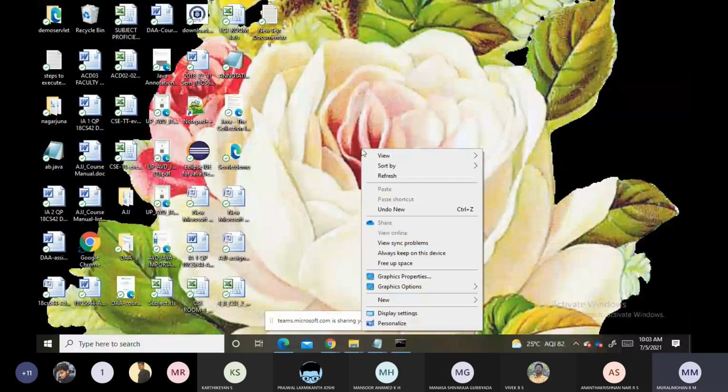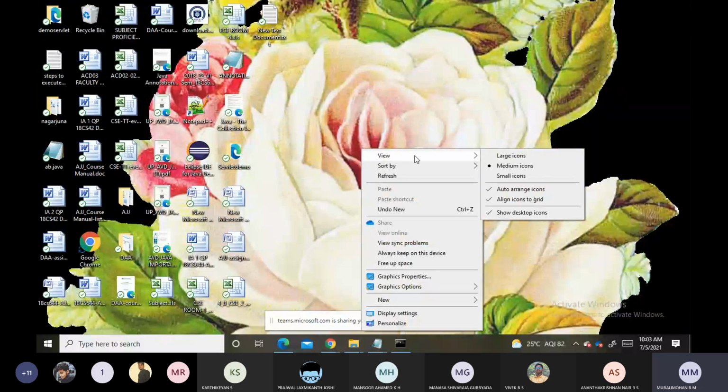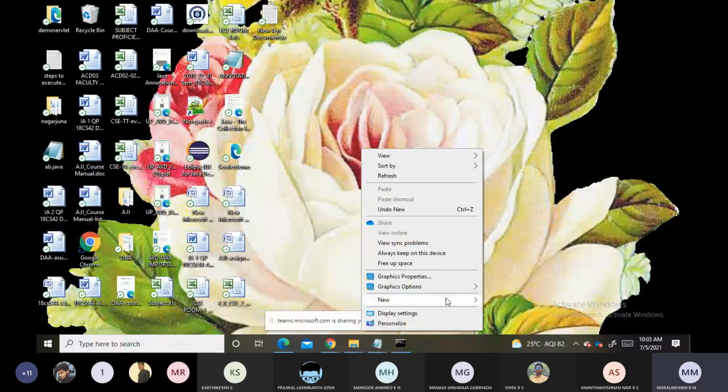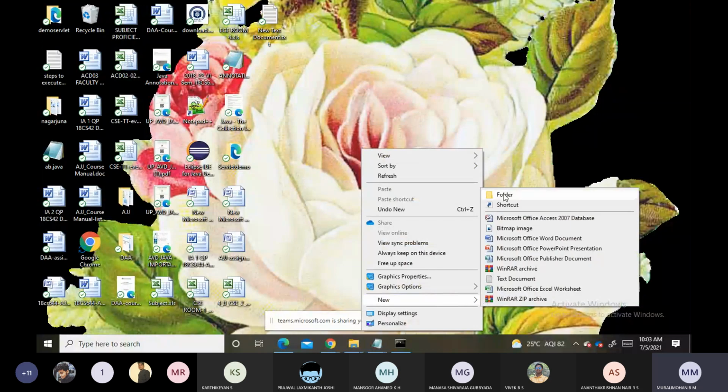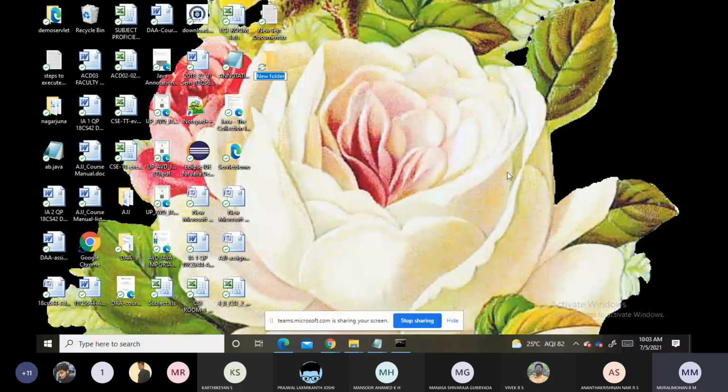In desktop, we are creating a new folder, and you can give any name for that folder. Clear? So let us take, I will give serv.